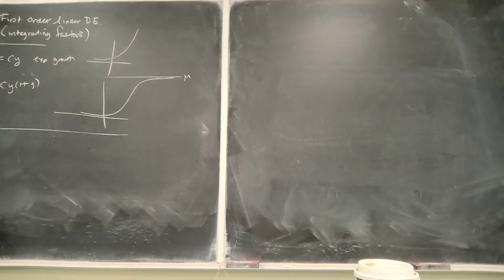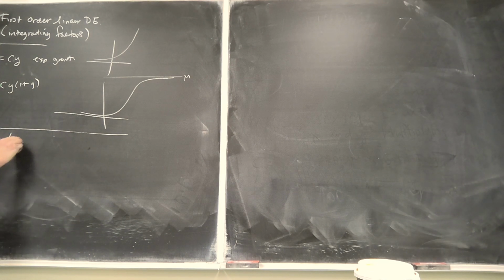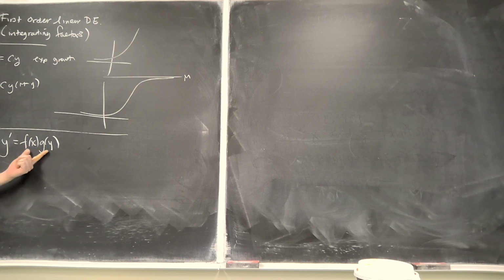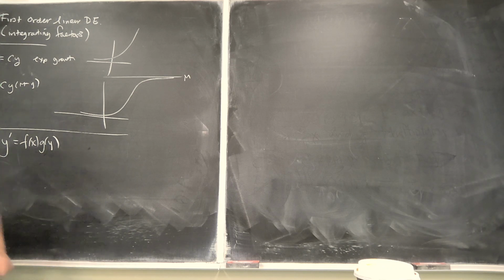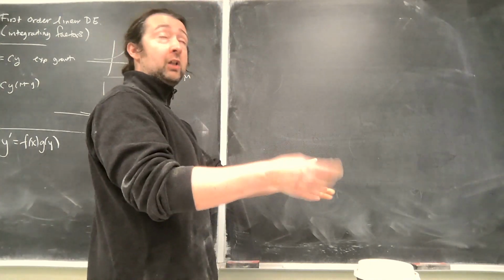Right, let's go. So what we saw last time was the method of separation. That's where we had equations of the form y prime is equal to f of x g of y, where I could separate variables because things factored. Now, generally, this is not going to be a universal method, because the function on the right-hand side being factored into a piece only in x and a piece only in y is pretty hard. So the method that we're going to talk about today arises from the following set of